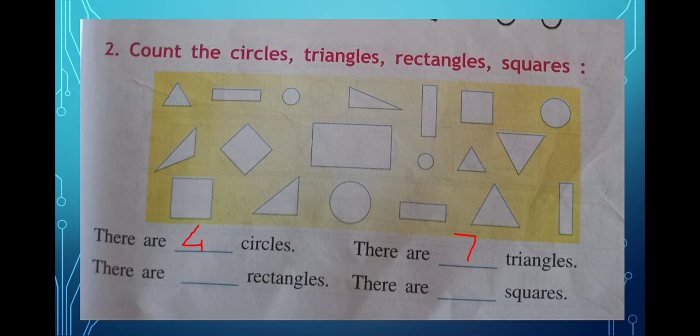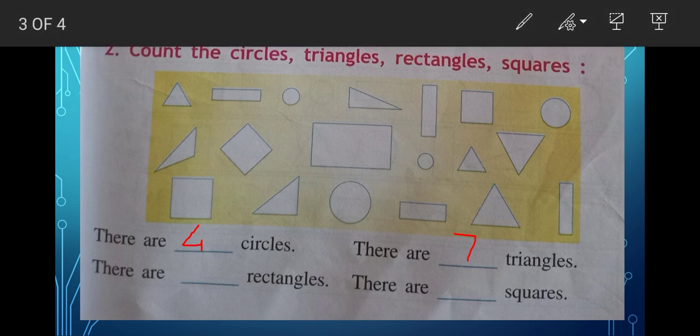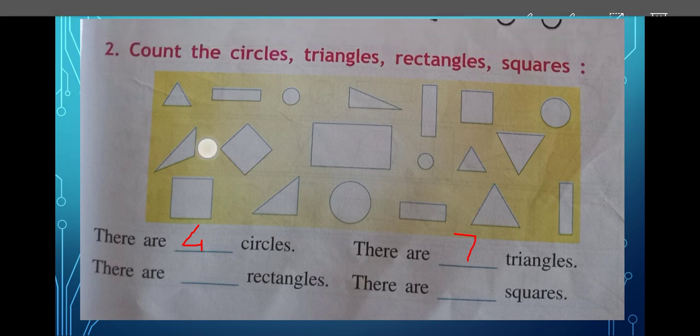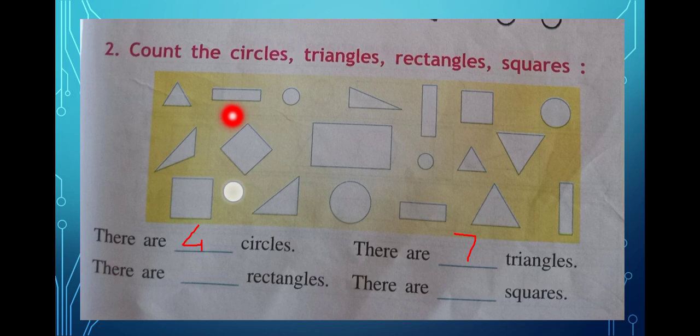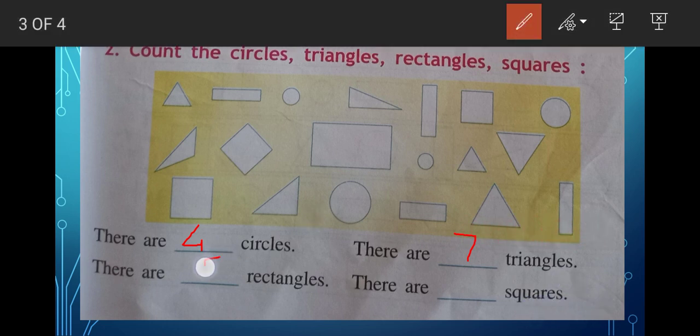Now next is what we are going to count. We are going to count the rectangles. So how many rectangles are there? From the first line, 1. Then this is another one, 2. Then 3. Then 4, 5. Isn't it? Let's count once more. 1, 2. Then 3, right? Then any more? 4 and 5. So 5 rectangles are there.